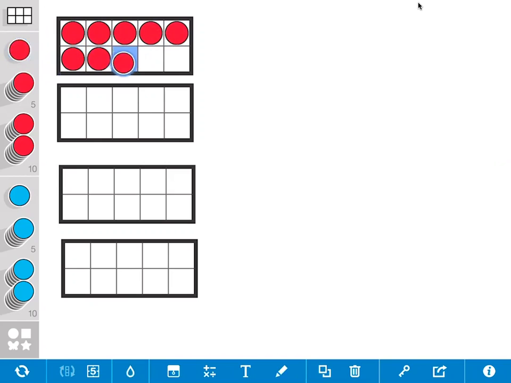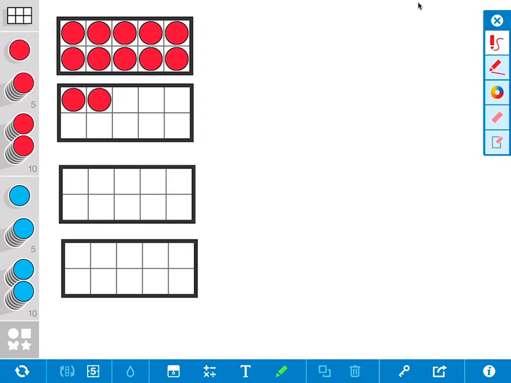Now, when we group them all together, it then becomes one group of 10. And then let me put just two here. So when you look at that, you want to think about when you're doing tens and ones, what does this number mean? This is 12. We could count the ones and we can see that we have 1, 2, 3, 4, 5, 6, 7, 8,